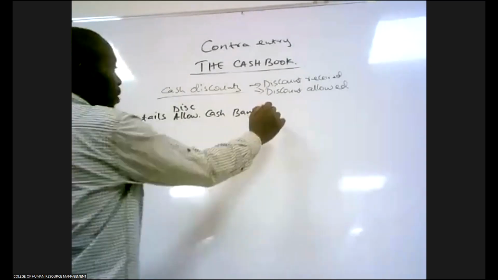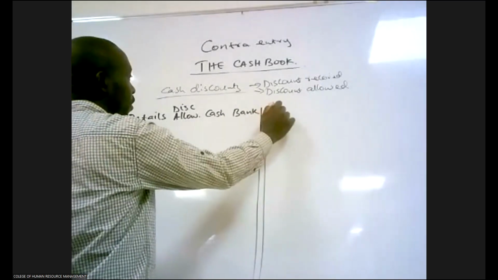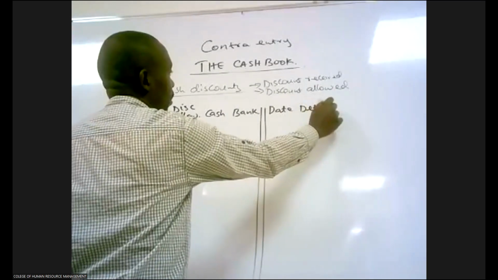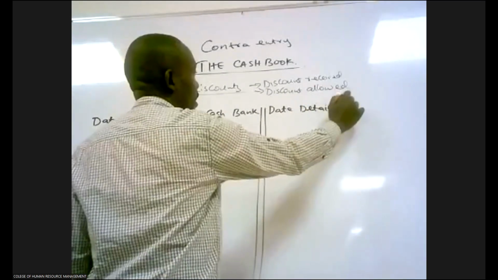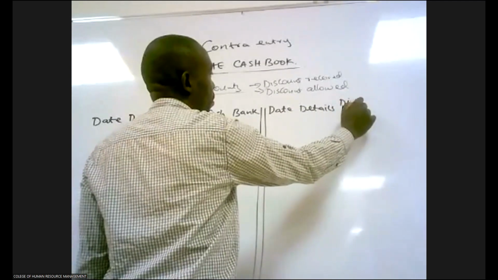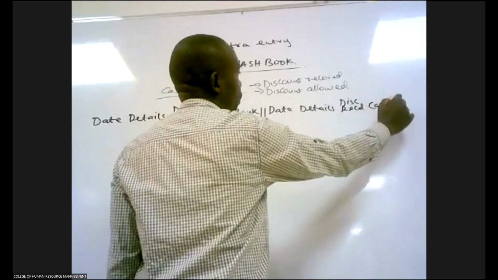On the other side, we are going to have the date, the details. Here now we are going to start with the discount. Cash and then